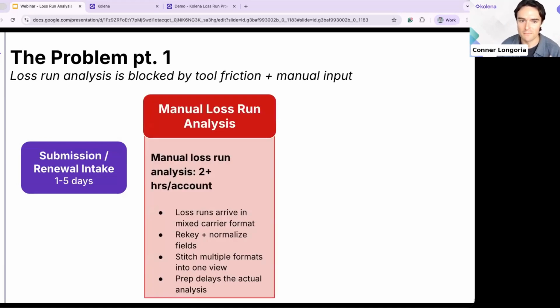As you see here, indicated by my big red scary block in the middle here, you get mixed carrier formats, you have to rekey and normalize fields. So you have to put multiple formats into one view and on and on and on. And these things can take a lot of time. For a small, simple one, maybe just 15 minutes by a person. But as you get into loss run analysis with, again, mixed carriers, multiple carriers, it can start taking multiple hours just for one analysis,